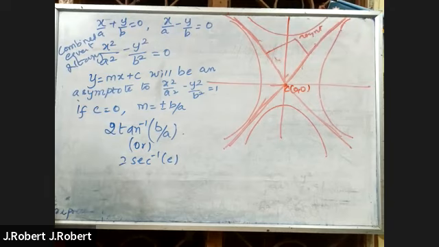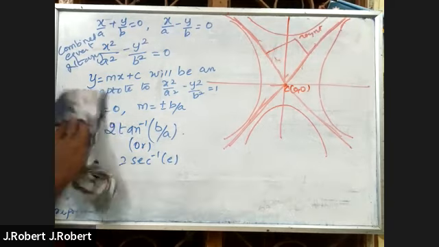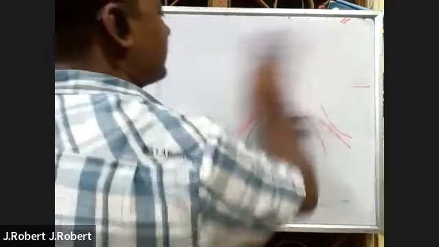Results for direct use. Write the two results on asymptotes. First result, the result number 1: the foot of perpendicular from a focus of an asymptote,